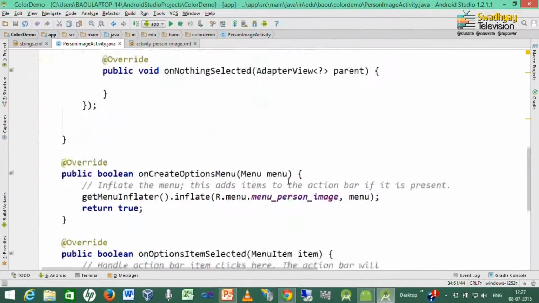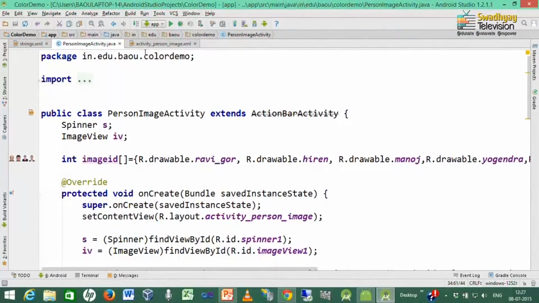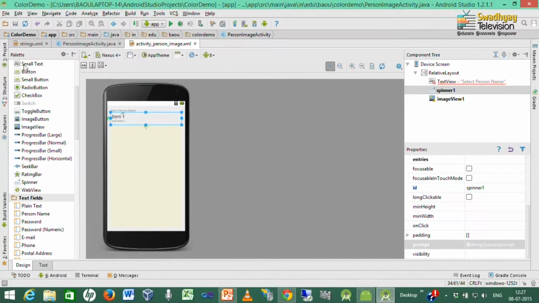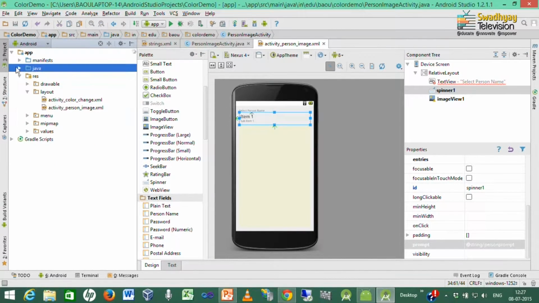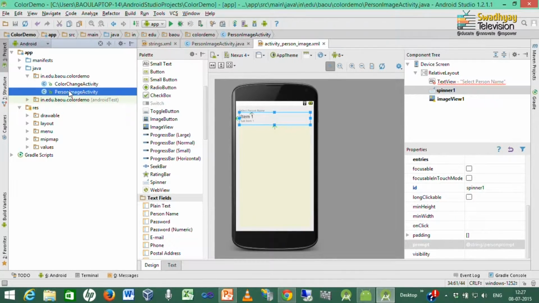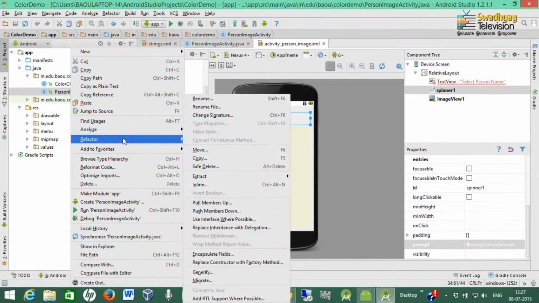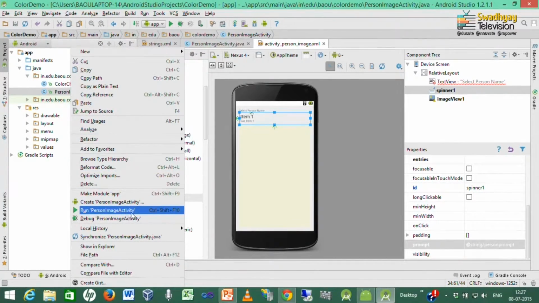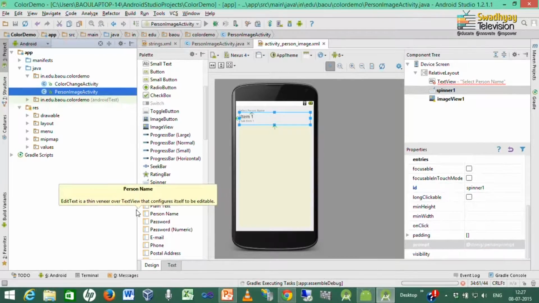So, now we can run this application. So, we go to the project menu and run this activity 2, which is PersonImageActivity. So, I right click on it and select run PersonImageActivity. Clicking on this will launch our PersonImageActivity inside the emulator.